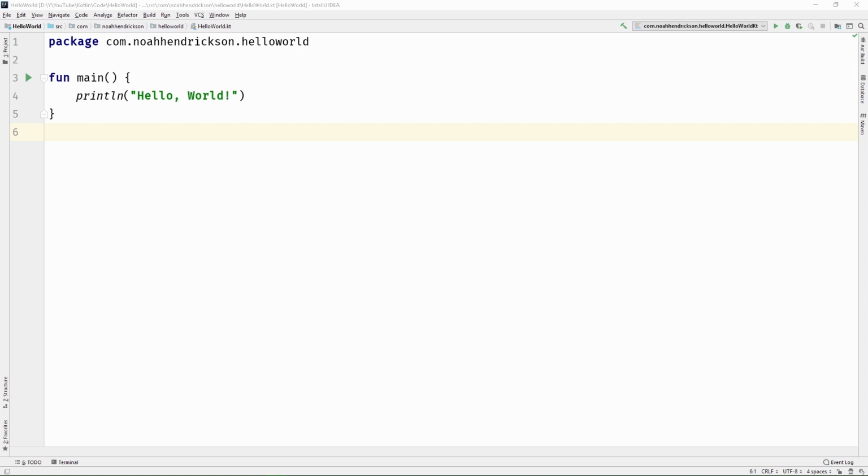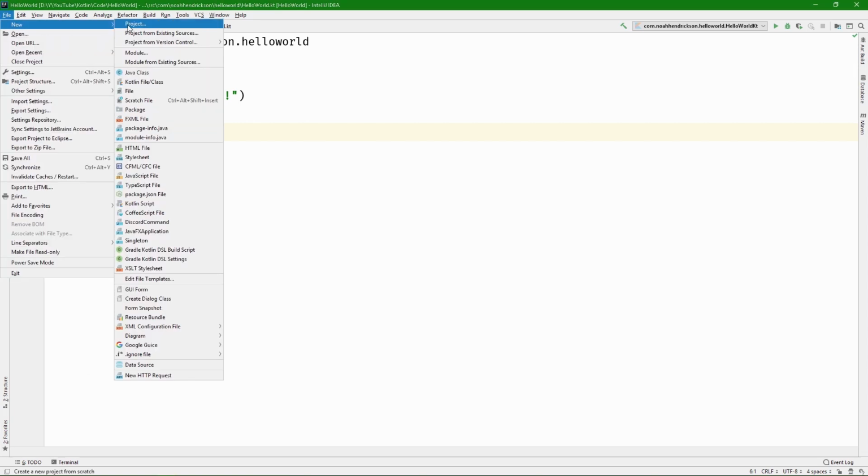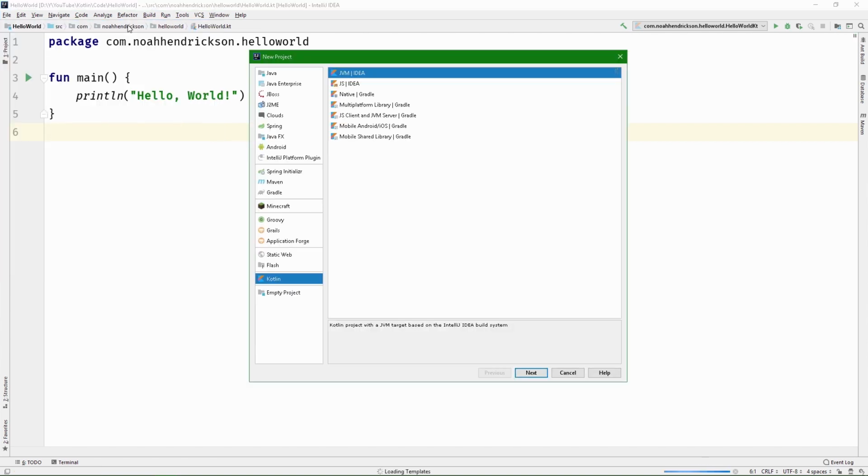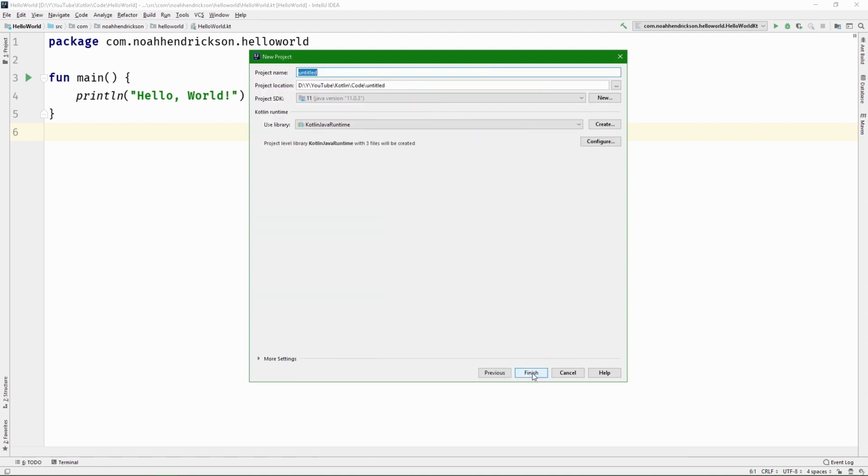So let's create a new Kotlin project so we can play around with variable declarations. I'll do it a little slowly so that you can see how to create a project again, but from this point forward, I'm going to be creating projects really quickly. So, go up to File, and hit New, Project. You want to make sure you have Kotlin selected on the left, and on the right side you want to be targeting the JVM. Now, you're going to want to hit Next when you have these two fields selected,